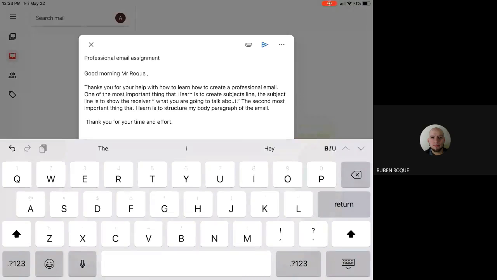And then this is where you put sincerely or best regards or kind regards. It depends on how you want your signature to look.